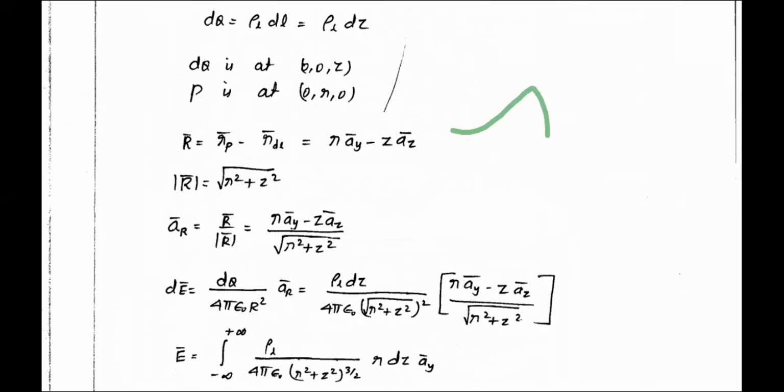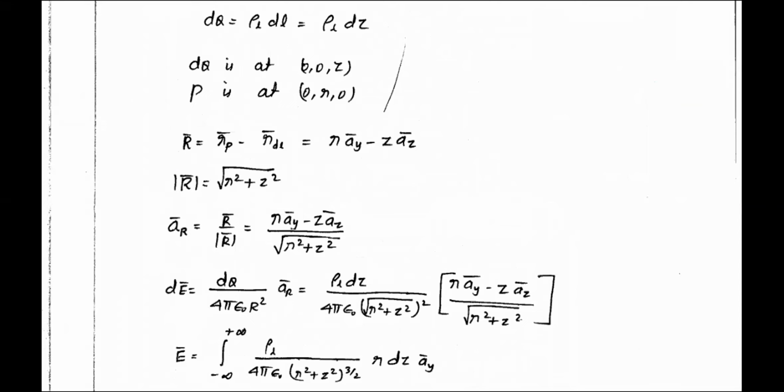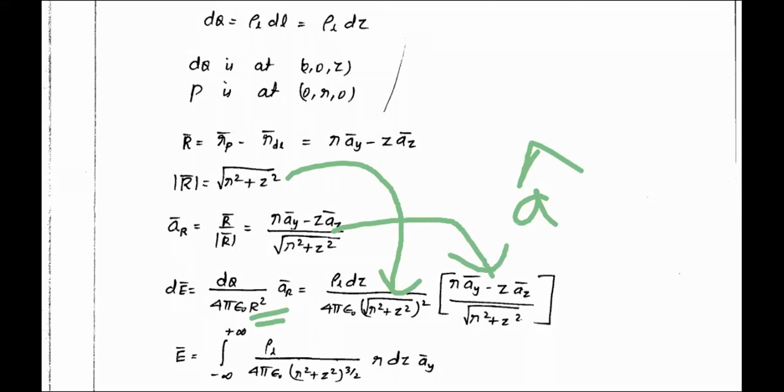See, I have found out the vector R = ρ a_ρ − z a_z, and this distance is r, that is the square root of ρ² + z². Then they have found the unit vector for this. Anyway, we need the unit vector only, so this is the unit vector, and instead of r they substituted this r². Anyway, this is the unit vector a cap, and finally you will get this.